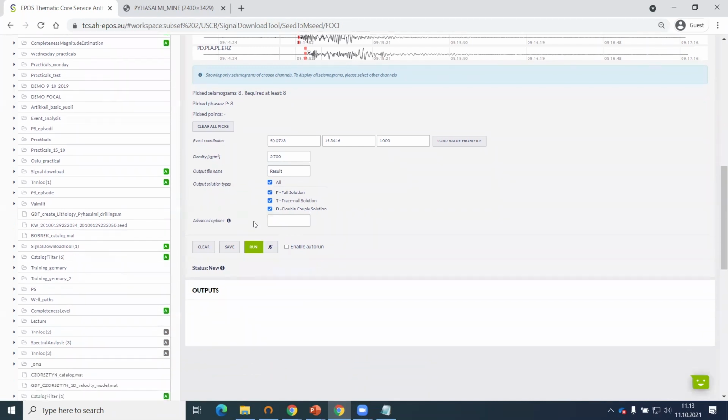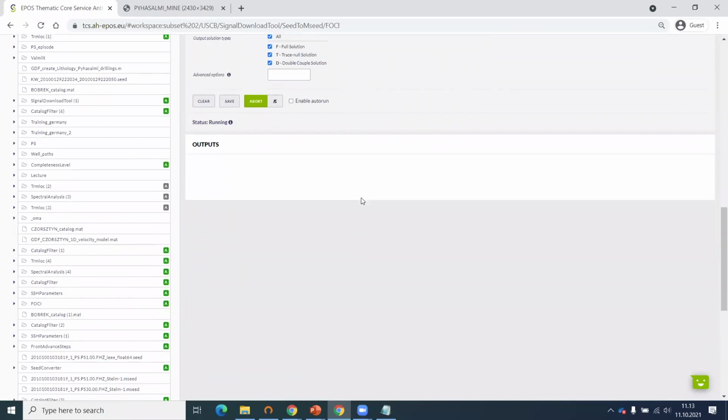And then we can have different kinds of solutions: very basic double couple, multi-null solution, and then full solution, which calculates the whole moment tensor based on these peaks. And then we just run. And as an input,